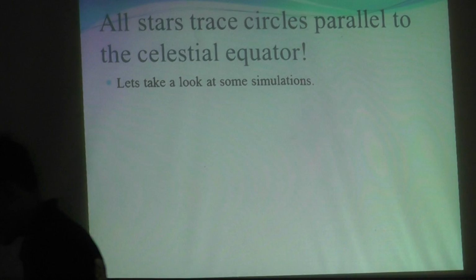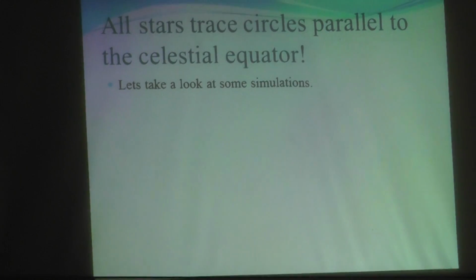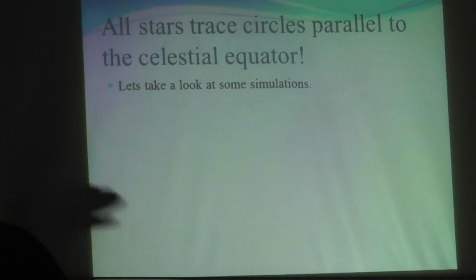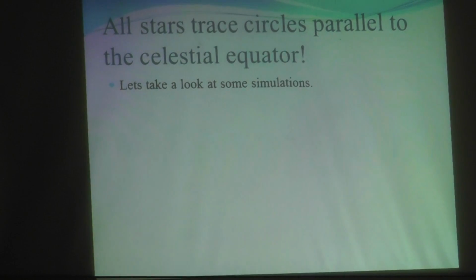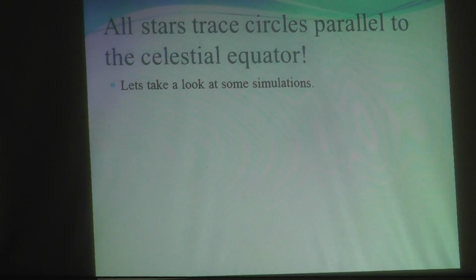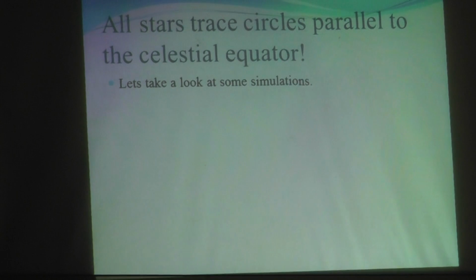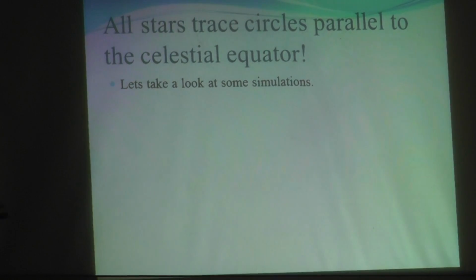Now comes a very amazing point which Abha put in the last lecture, and I noted that point very carefully in my book. It says that all stars will trace circles parallel to the celestial equator as seen from our reference view. We see all stars rising in the east and setting in the west. This constant motion is going on. But the interesting part is that whatever circles these stars trace, ultimately these circles are going to be parallel to the celestial equator. So I have got some simulations to show.